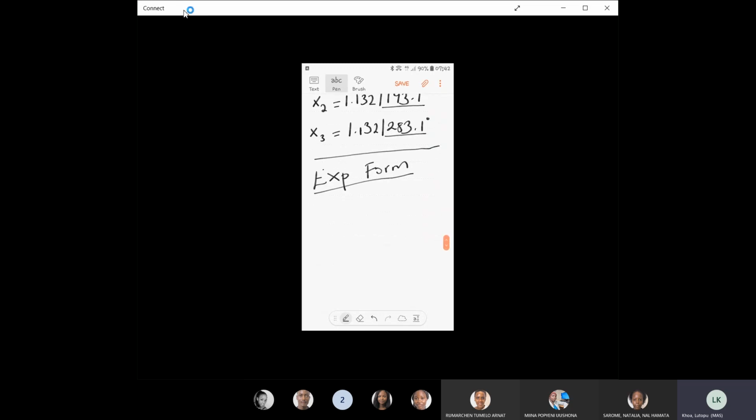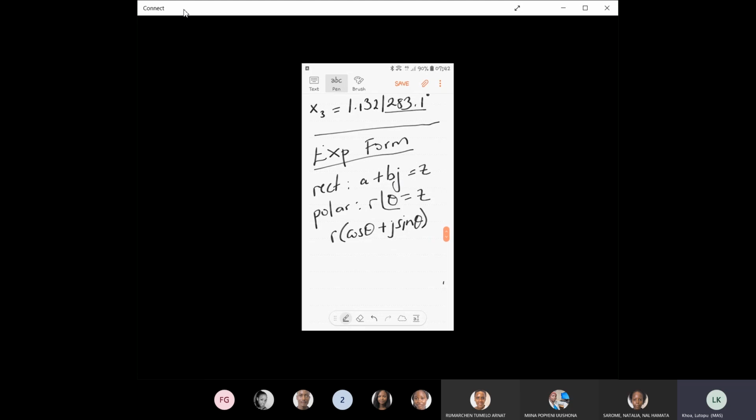So far we said that you can have a complex number in rectangular form. This is in the form a plus bj. This is your complex number z. Then we said there is also polar form. Now polar form, what I need to see is r and I need to see theta. So we've written it in short like this, z. You will also see r cos theta plus j sine theta. That is polar form, as long as I can see my modulus and the argument. And then also